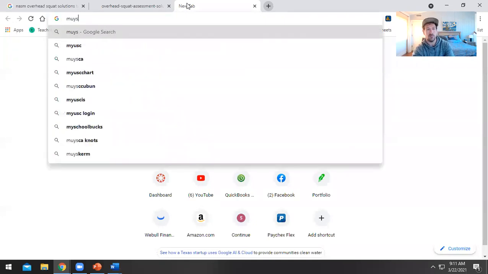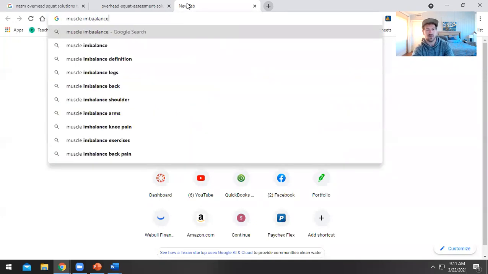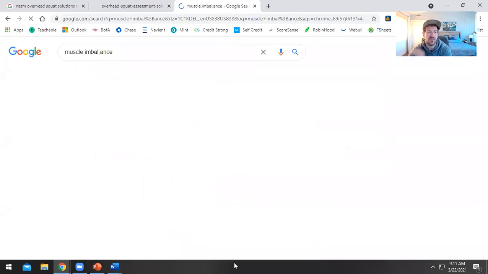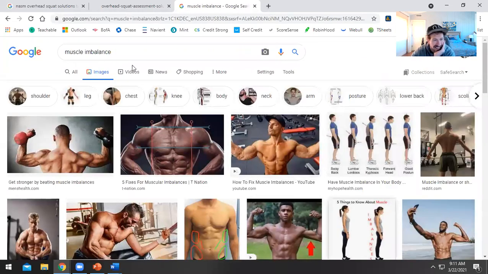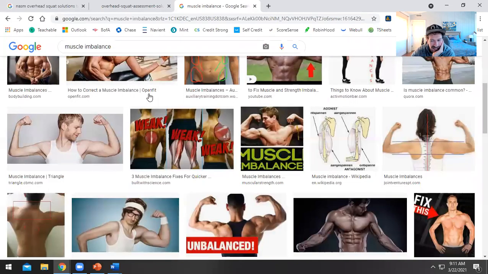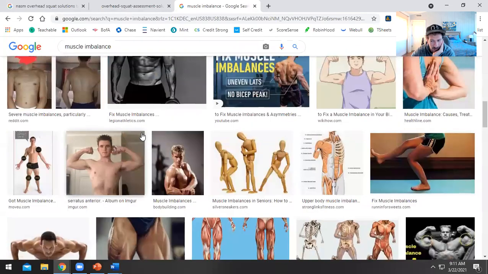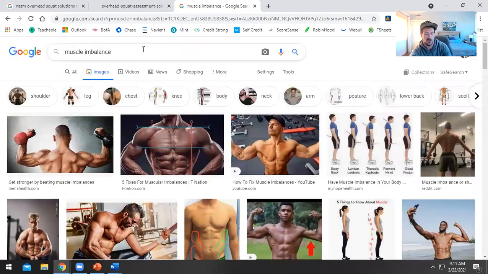So that's what we call a muscle imbalance, right? God dang it. I gotta get used to this new keyboard. My typing has gotten way worse. That's not the picture I'm looking for. There